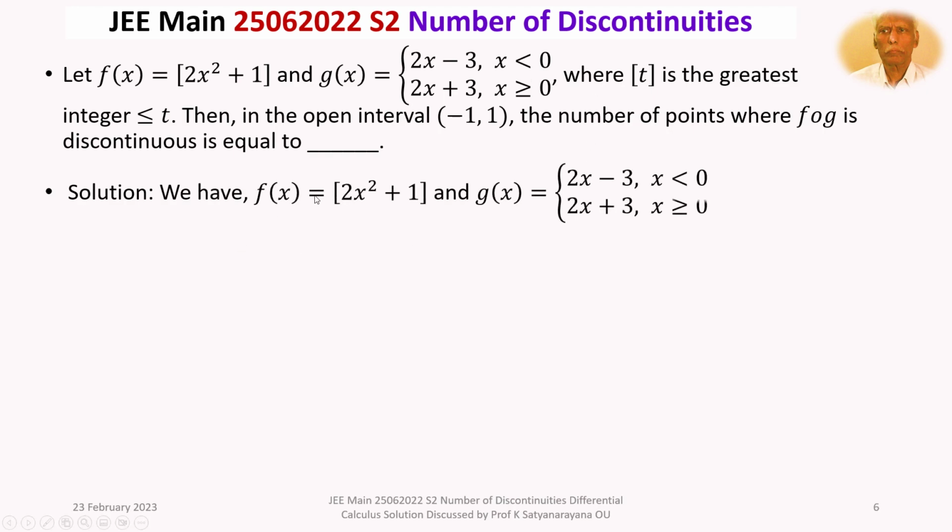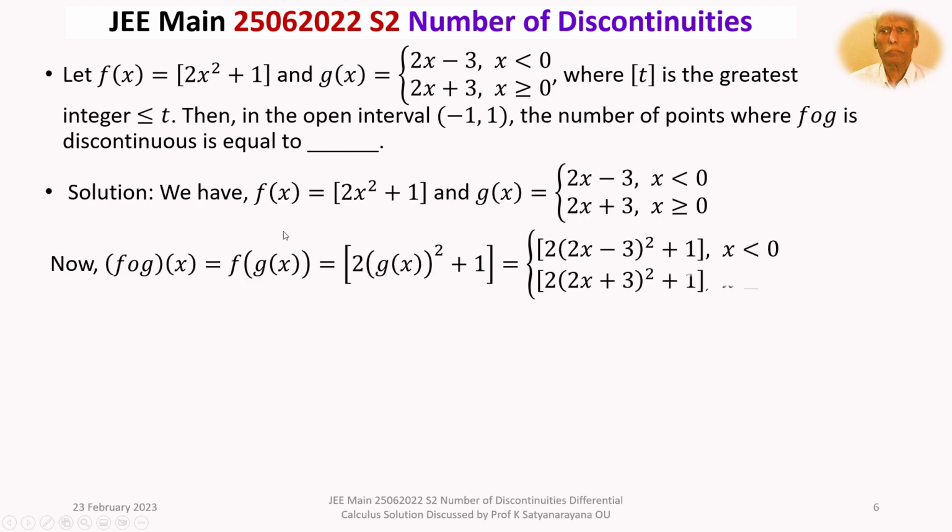We have f of x equal to bracket of 2x square plus 1 and g of x equal to 2x minus 3 when x is negative, 2x plus 3 when x is greater than or equal to 0. Now f composed g of x is equal to f of g of x. That is, in f of x substitute g of x. That is the bracket 2 times g of x whole square plus 1. That is equal to bracket 2 times 2x minus 3 whole square plus 1,